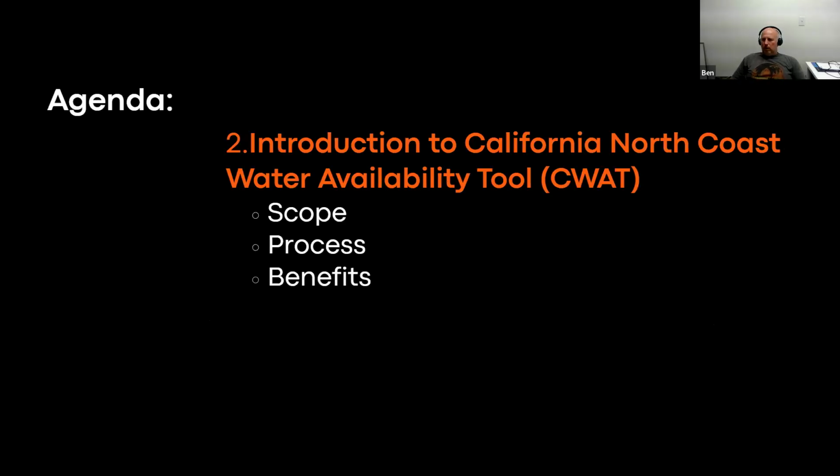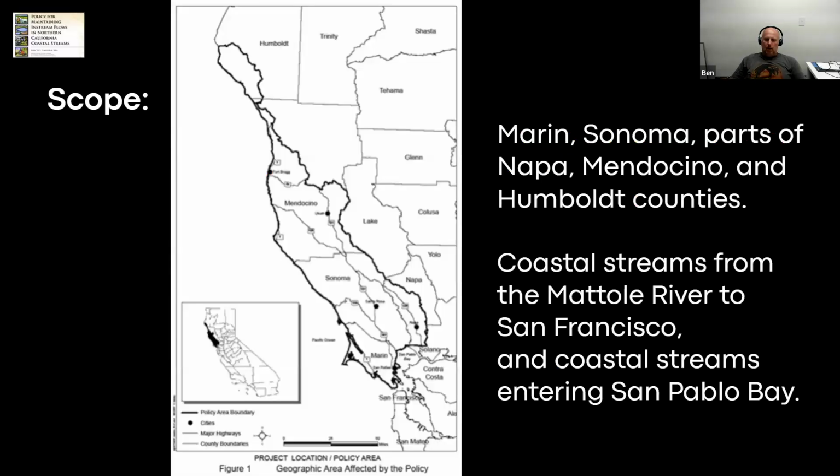So I'm going to go through an overview of the California North Coast Water Availability Tool to talk about the scope, the process, and also the benefits along the way. So starting with the geographic scope,